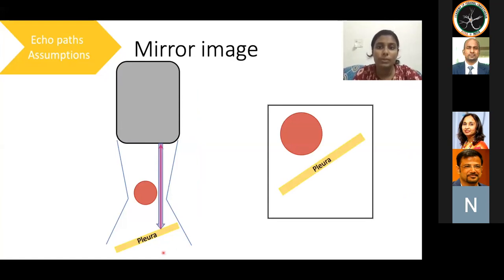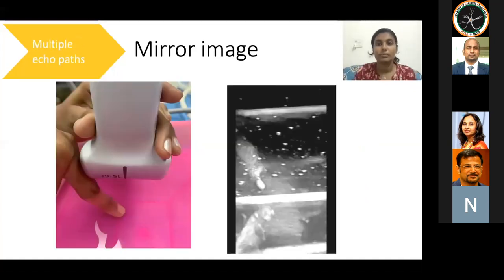Here, the pleura-lung interface is a strong reflector. Note that the angle of insonation is not exactly perpendicular to the pleura. So, some of the echoes get reflected from the pleura and hit the subclavian artery, and these echoes return later, causing a duplicate artery to appear deeper to the pleura. This may cause confusion, and it is important to note that the image closer to the probe is the actual artery. To eliminate this artifact, change the angle of insonation.